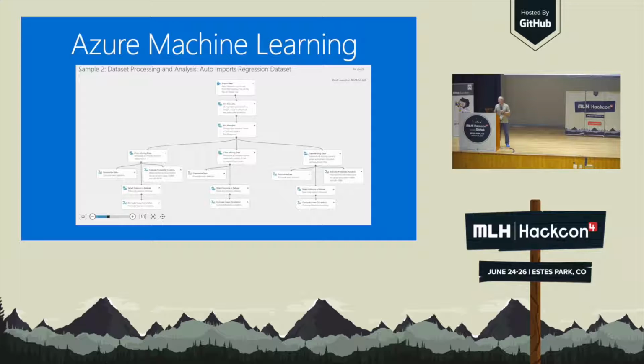This is the dashboard. The resolution's a little tough on the monitors here, but the way it works is you create an experiment, you bring in a data set, and each one of these blocks is a step in the process. Some of them can cleanse data. You can reclassify data. So if something comes in and it's a serial number, you can just get rid of that column because serial numbers usually don't relate. They're not very predictive. And so you can go through and create different views of your data, different ways of looking at it. And very easily you can go in and look at your algorithms.